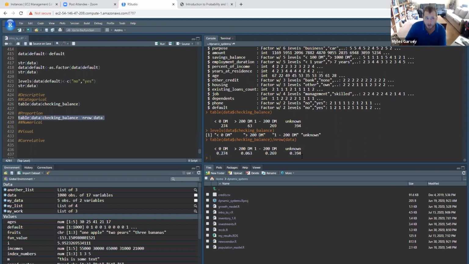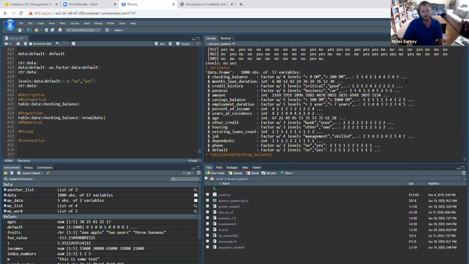39.4% we didn't know what they had in their account. 26.9% of individuals had between $1 and $20, and 6.3% of individuals had more than $200. So that's basically how we compute a very basic type of analysis. Now, we can shorten our analysis here by just simply extracting the categorical data by providing it